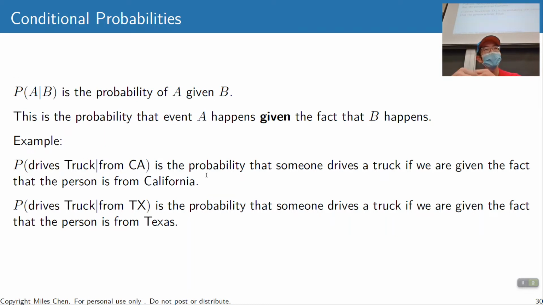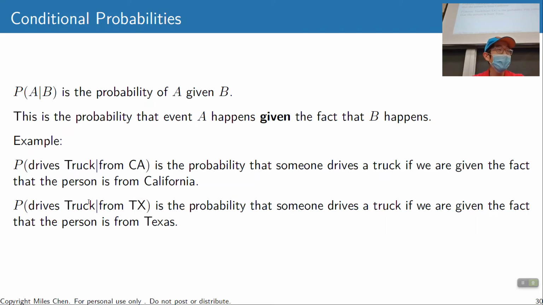This is the probability that a person drives a pickup truck if we're given the fact that the person is from California. Over here, probability of drives truck given from Texas. This is the probability that someone drives a truck if we're given the fact that the person is from Texas,